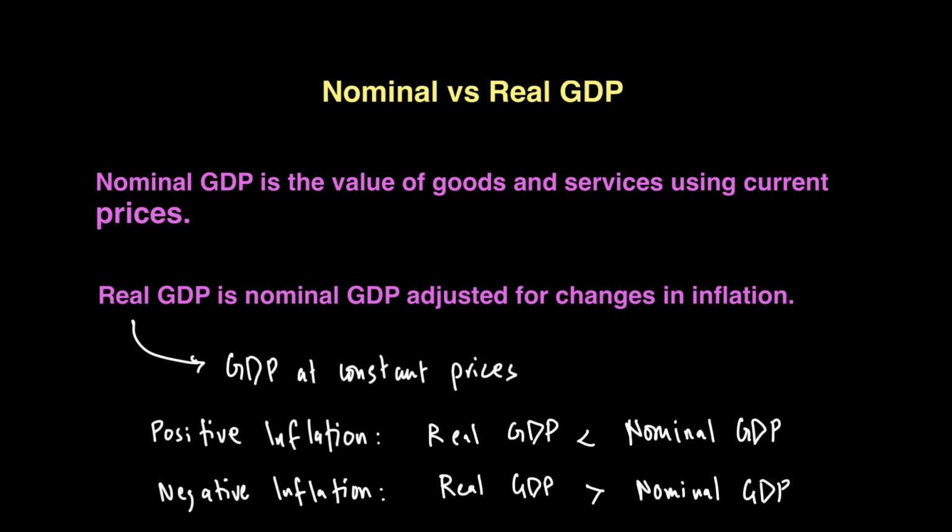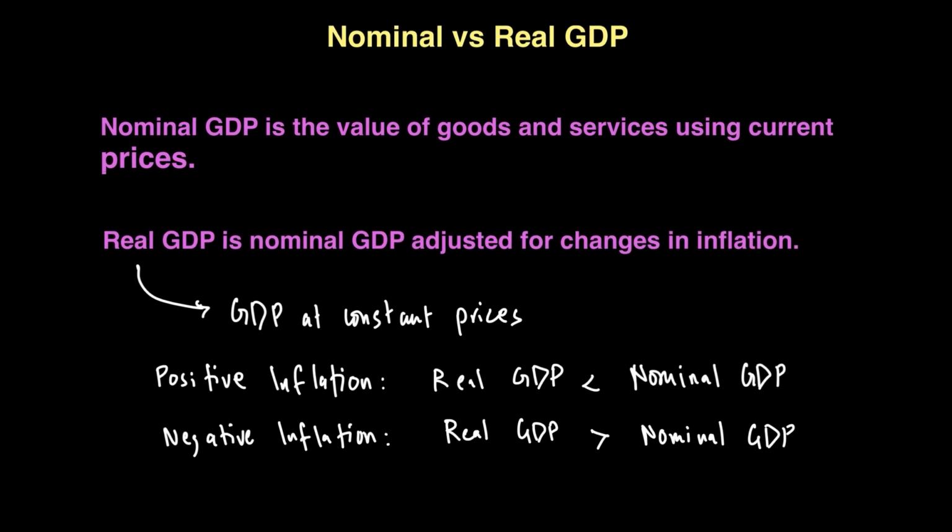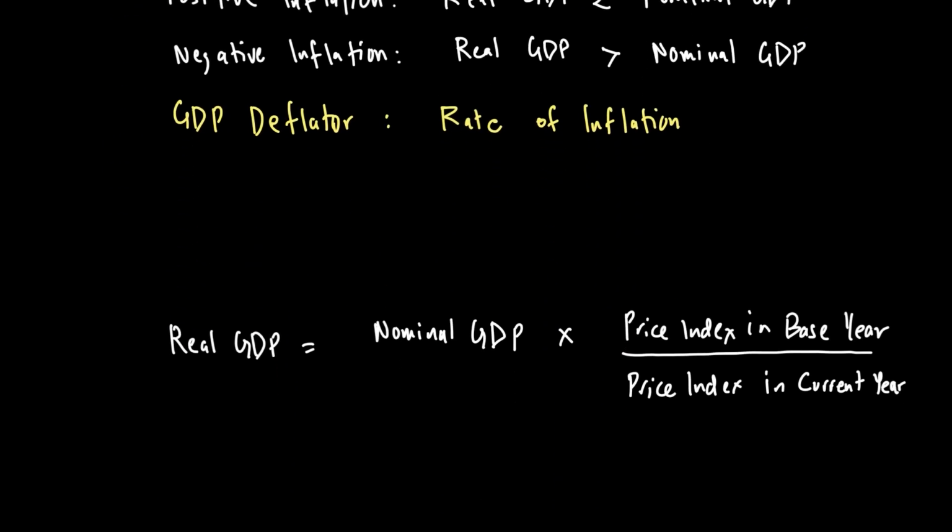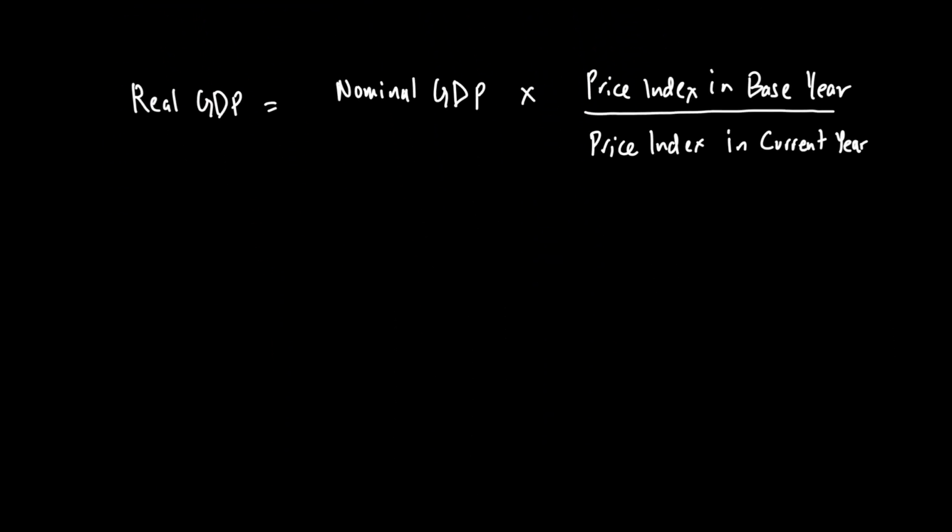To move from nominal GDP to real GDP, we sometimes use something called GDP deflator, which is simply price changes from a base year. In other words, we find out the rate of inflation to adjust for it. The formula we use for converting your nominal GDP into real GDP is this one, where real GDP is simply nominal GDP times price index in the base year. Remember that the price index in base year is always 100, while price index in current year is the rate of inflation. So, for example,